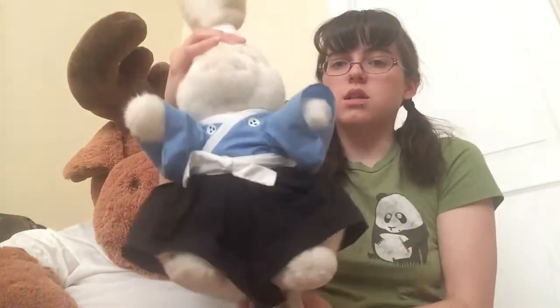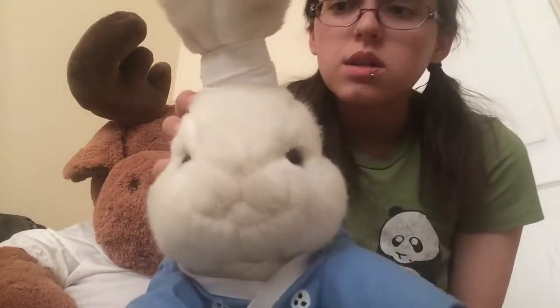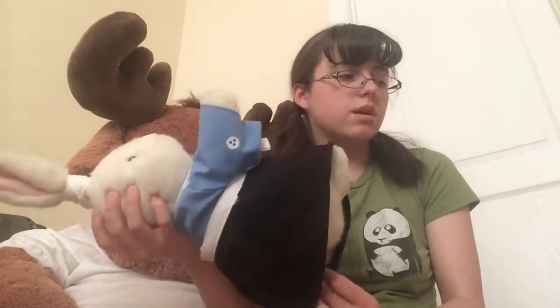The front ties around to the back, and then the back comes around and ties to the front. So yeah, that's him. His clothes anyways. And then up here I just wrapped some fabric around. And then if you guys know the story at all,